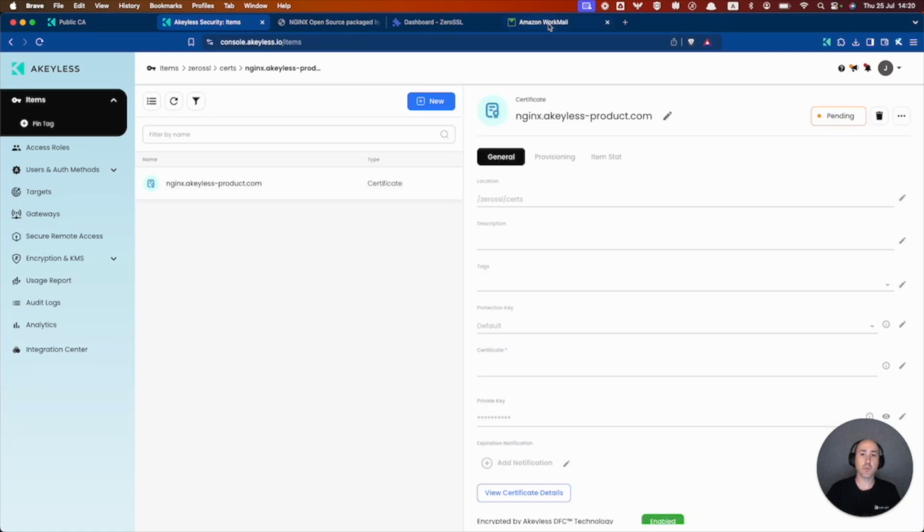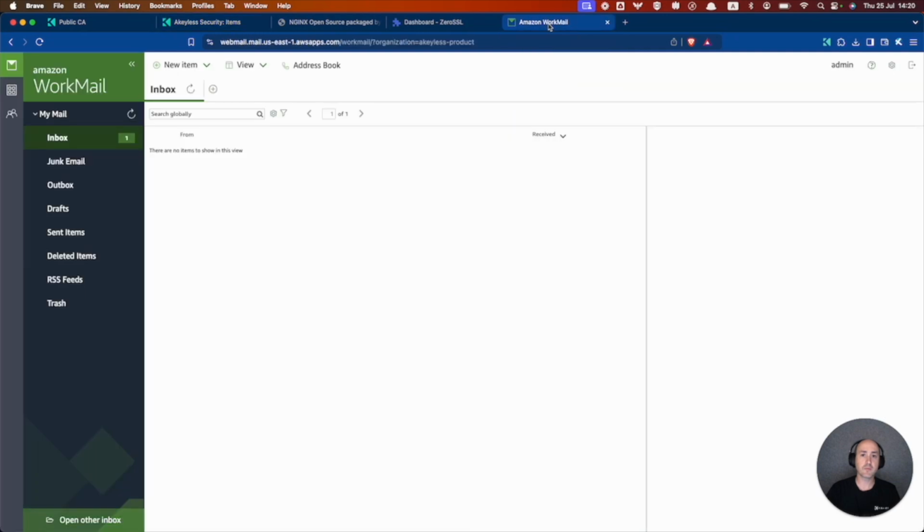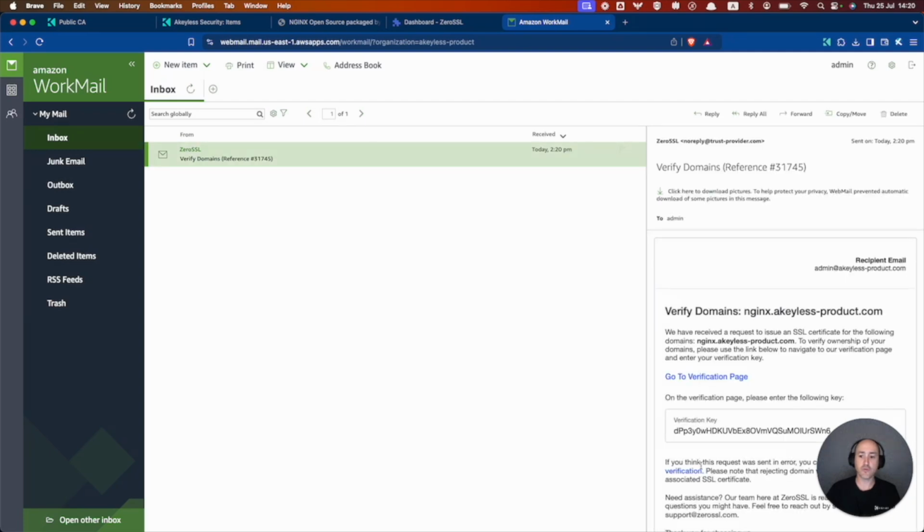And we're going to go ahead and open up our Amazon WorkMail. And we see that we have a new email in the inbox, and it is asking us to verify the domain. And our gateway will go ahead and automatically verify the domain for us. And it will install the certificate inside of our PKI certificate that we just got, and it will verify it